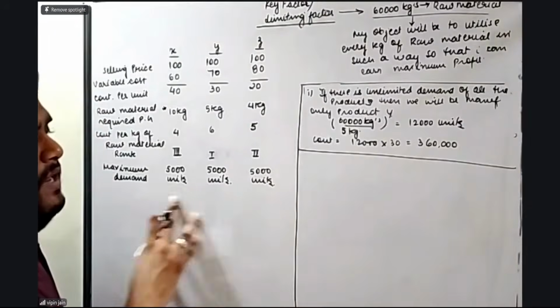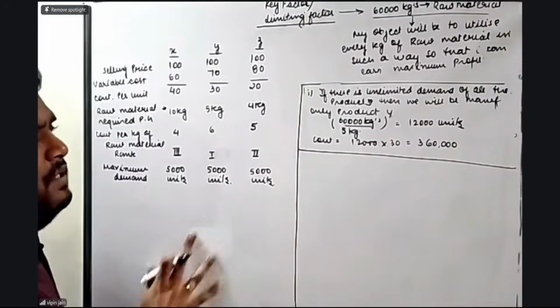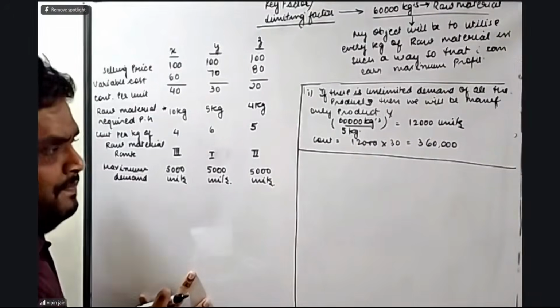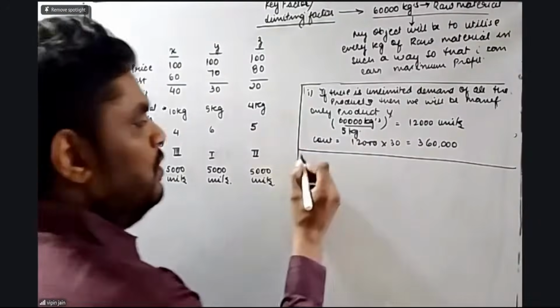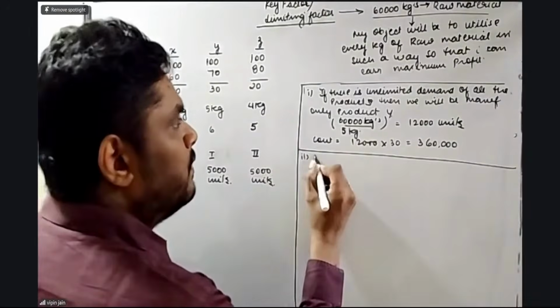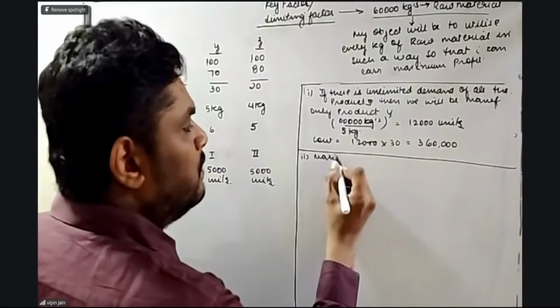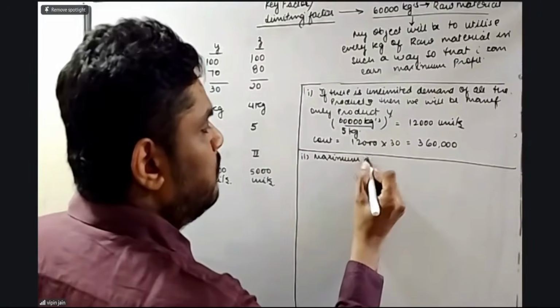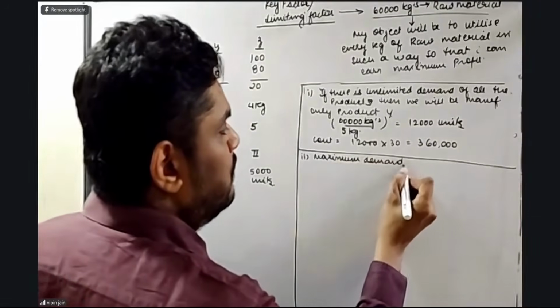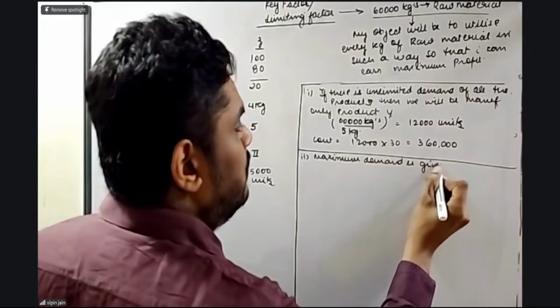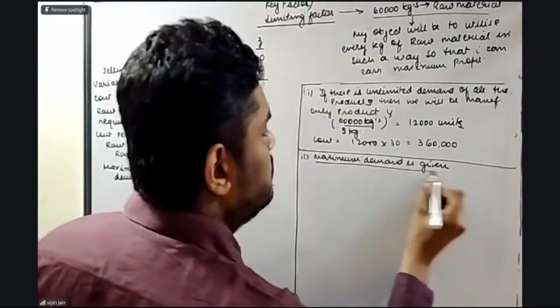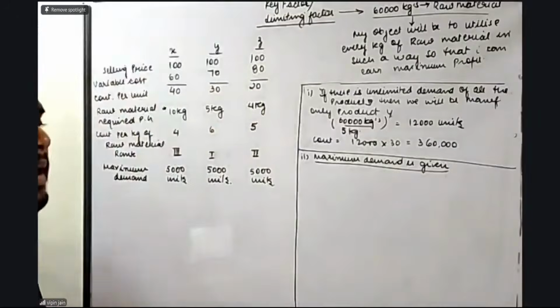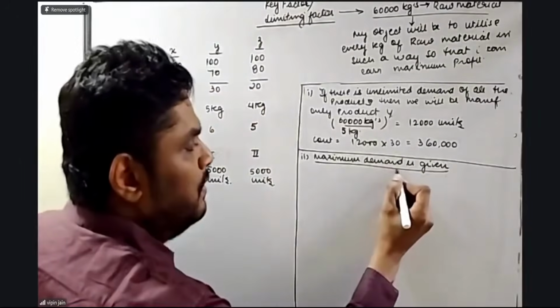At the most, we can manufacture and sell only 5,000 units of a particular product. So if maximum demand is given in the question,